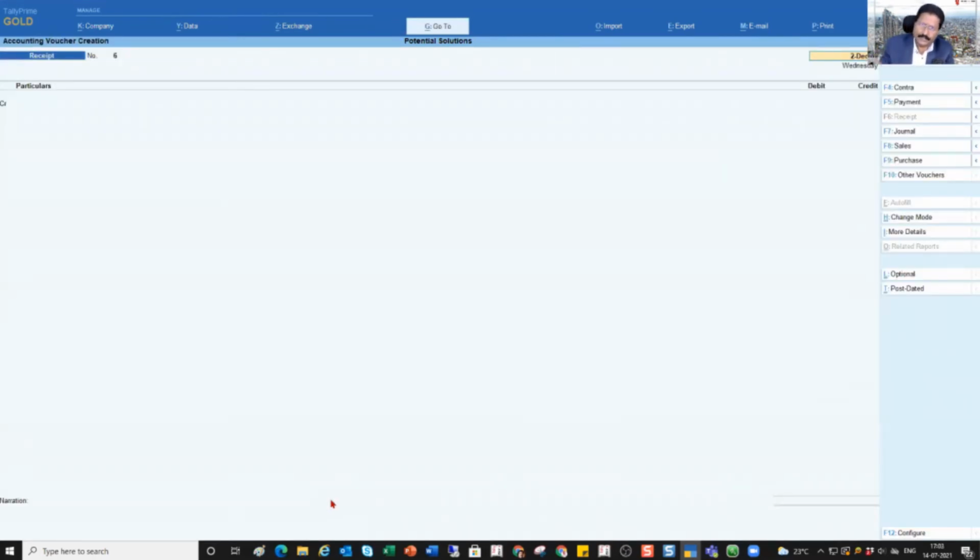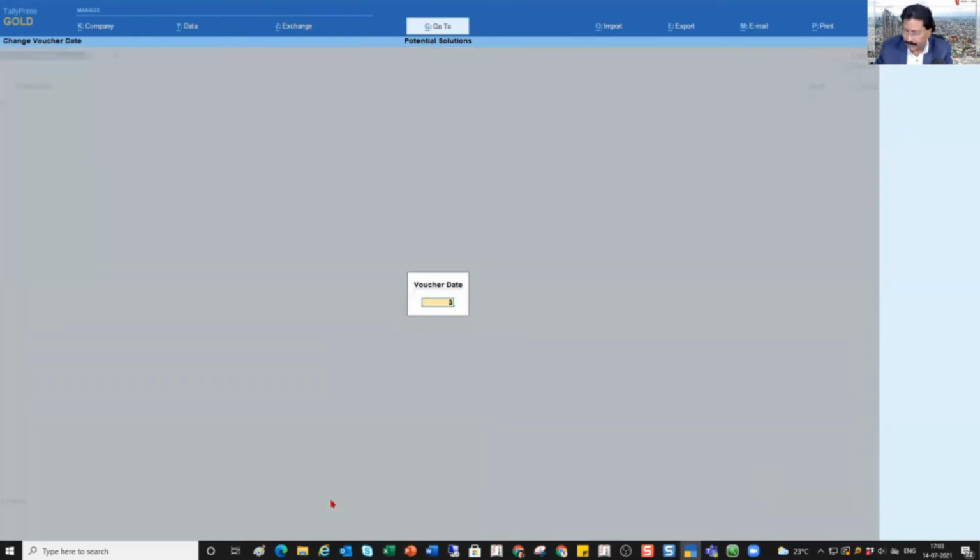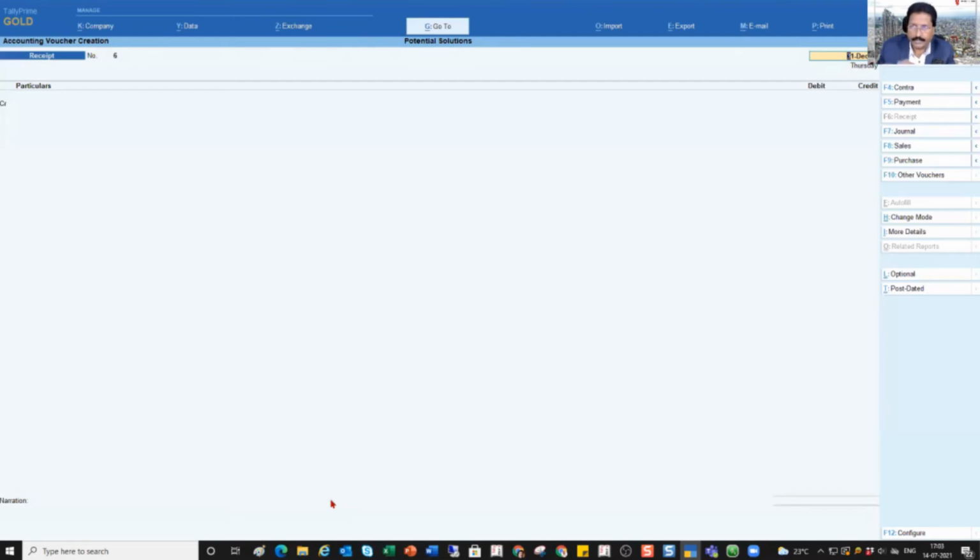So receipt is there since that's my previously saved voucher. So I'm going to now say he's giving me this post-dated check dated 31st December. Now, if I save this as it is, my current date will show as 31st December, which is not right. So what I'm going to do, see your secret number 1, on the right hand side button bar, you have this button called post dated, right? So click on post dated.